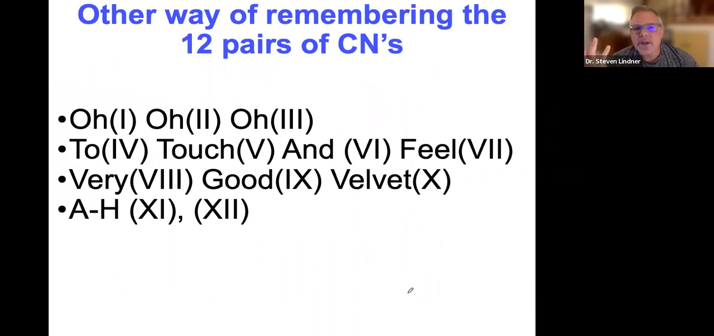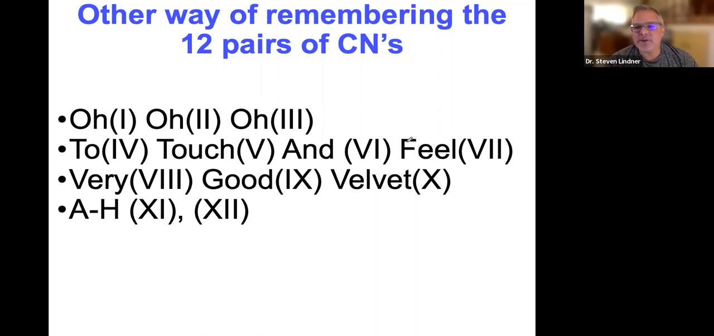How do you remember the 12 pairs of cranial nerves? What works for me and for my students, I've taught them: O, to touch and feel, very good velvet, ah, right? So O, olfactory, optic, oculomotor. To touch and feel, 4 is trochlear, 5 is trigeminal, 6 is abducens,